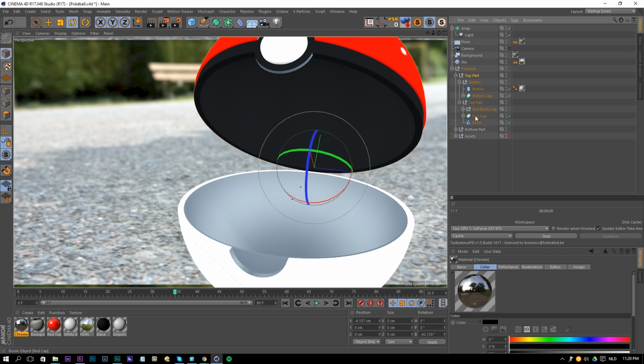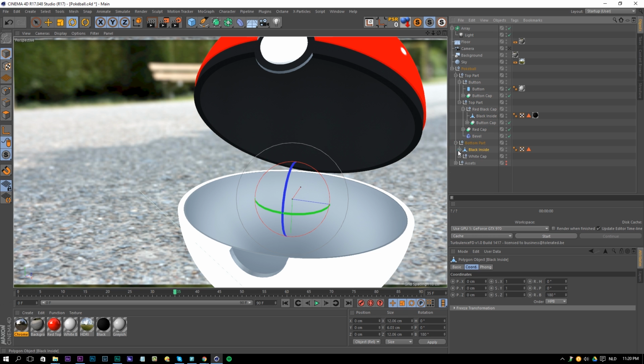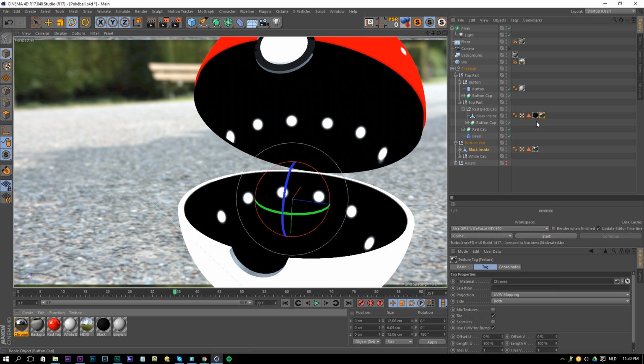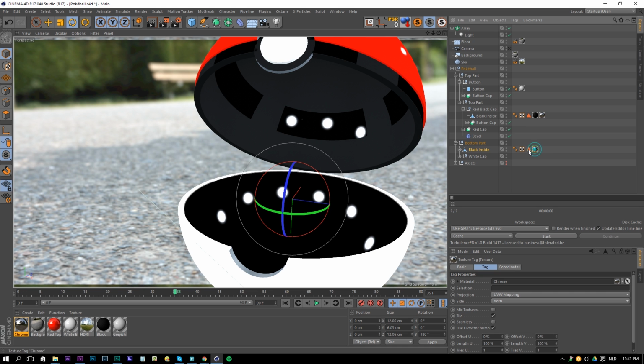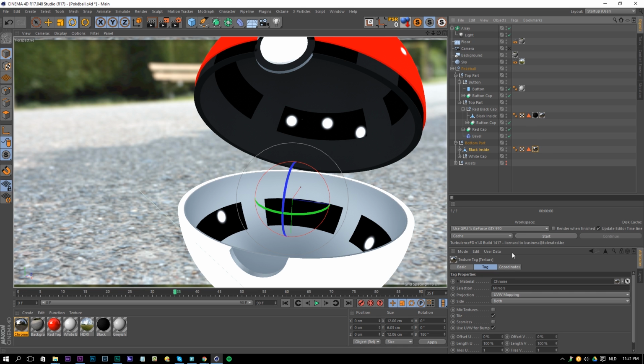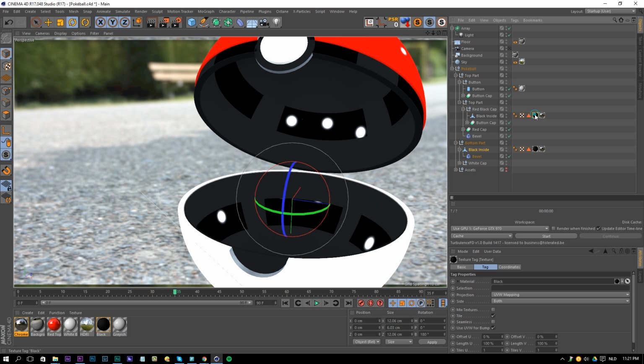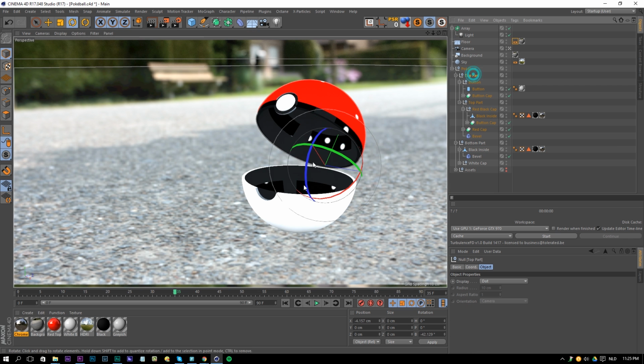I'm going to open this up here. And the red black cap, and also for the bottom part, we're going to do this for the black inside here. So we're going to drag and drop this onto this layer and on this layer, and then we're going to choose this selection and put this into the selection here. So it's only going to be affecting that part here. And I'm not sure why, but this part isn't using any black, so I'm going to copy this black by holding Ctrl and dragging it over here, but just make sure that it's in front of the mirror here. So now we have textured the inside.